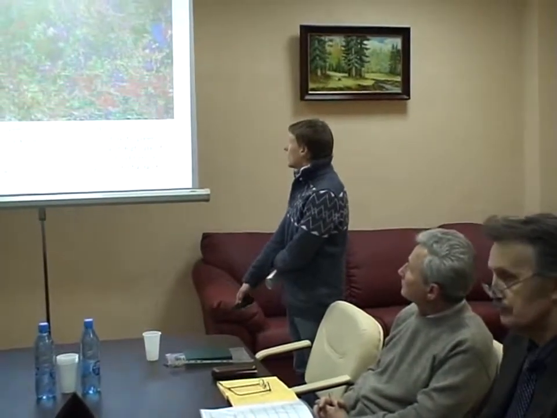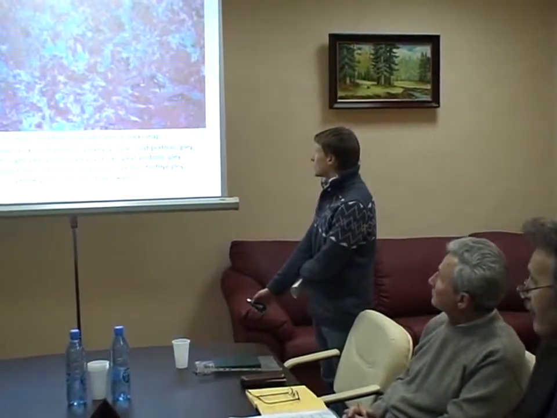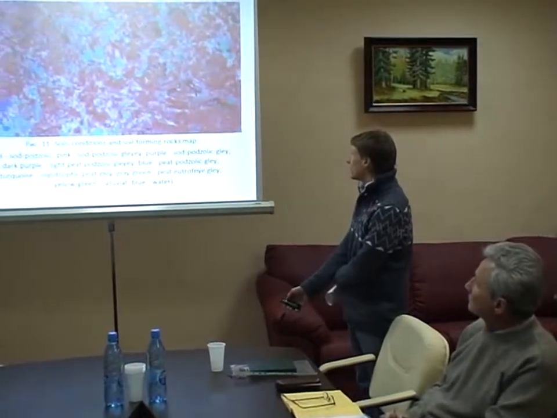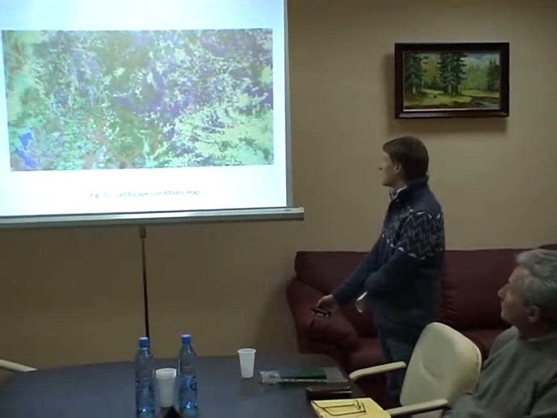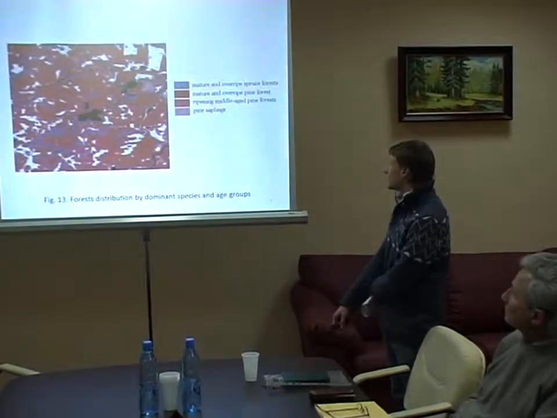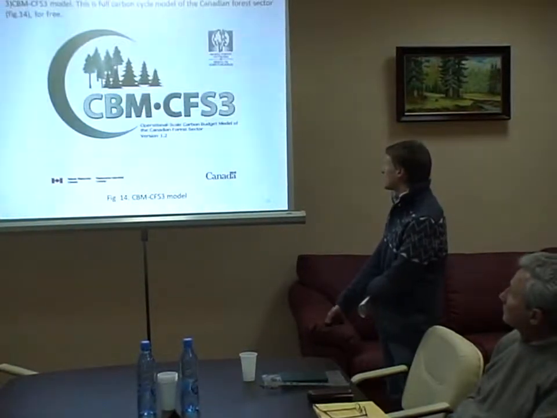Very well known are these, RVU. And all that gives the possibilities to obtain vegetation distribution, soil conditions and soil forming rocks map, landscape condition map, forest distribution by dominant species and age group. Here are the result of this determination: soils condition and soils forming map, landscape conditions, distribution, and forest distribution by dominant species and age groups.